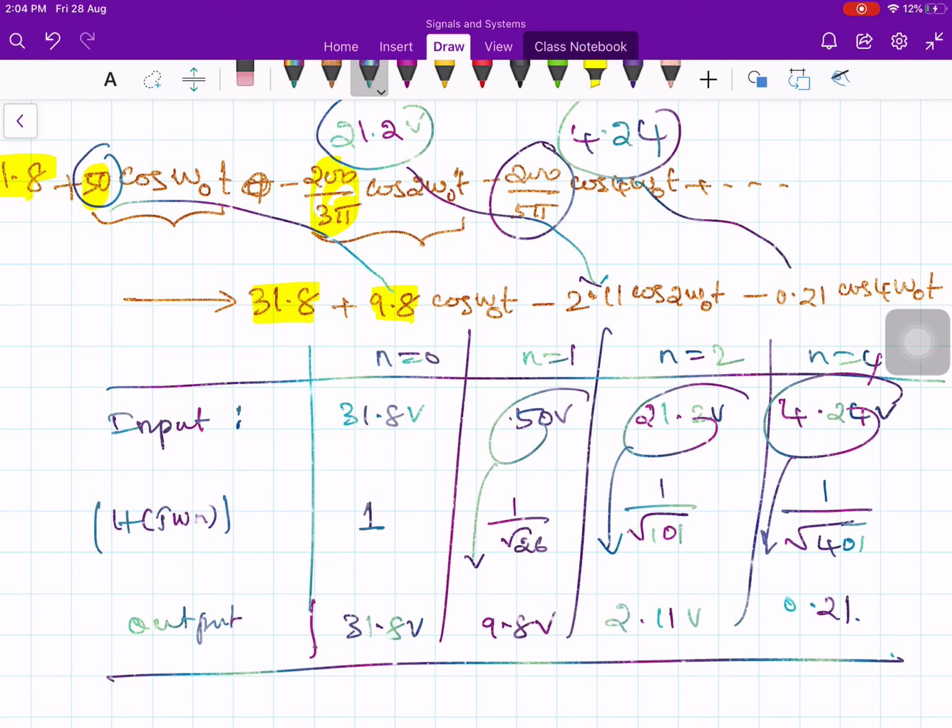The amplitude of DC has only one quantity, so we do not have to talk about amplitude, and it comes as it is. But when we talk about the amplitude of the fundamental component, the second harmonic component and the fourth harmonic component, there are significant harmonics present here in the input. So the input voltage has a DC component which is 100 by pi, that is 31.8 volts.